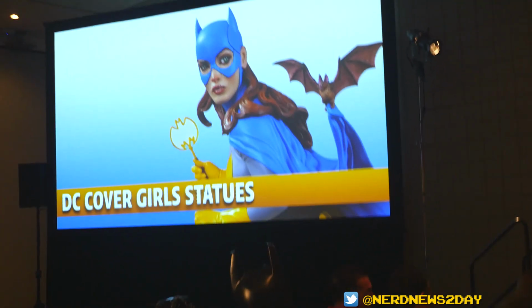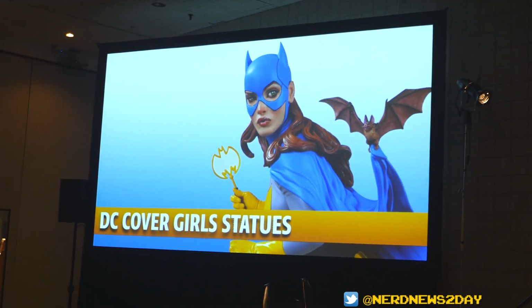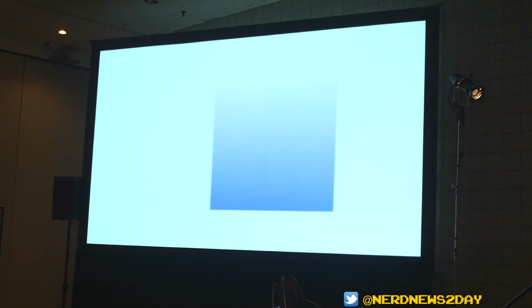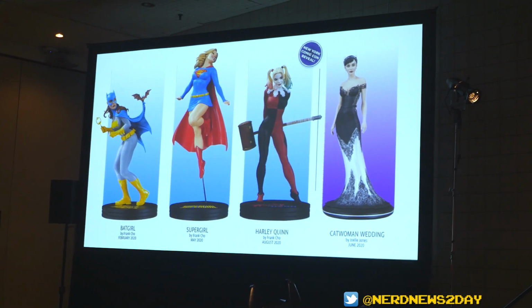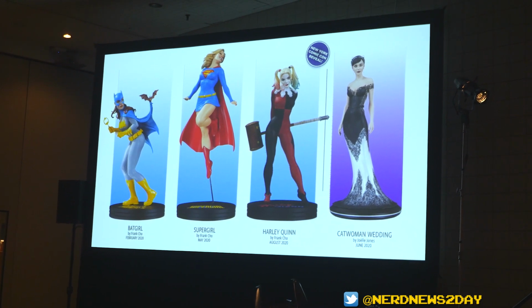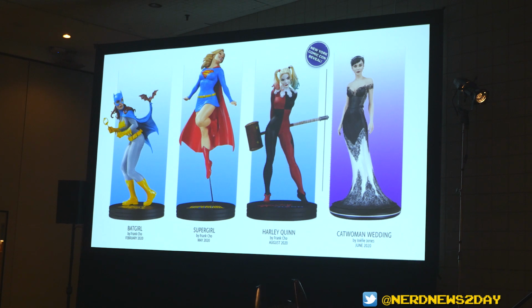make the best stuff of the greatest characters. And they make the DC Cover Girls, including the new line. Frank Cho is the new artist for the line starting in 2020. So you can see his Batgirl will be out in February, his Supergirl will be out in May, then his Harley Quinn will be out in August of 2020, and the Catwoman wedding piece by Joelle Jones will be out